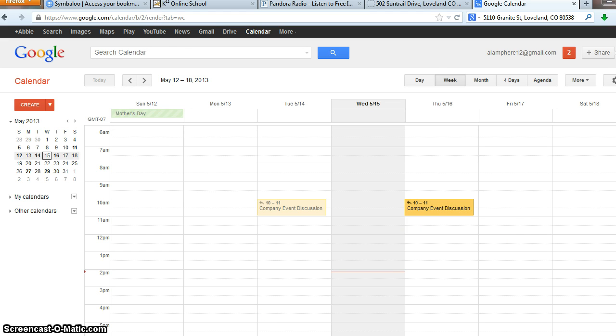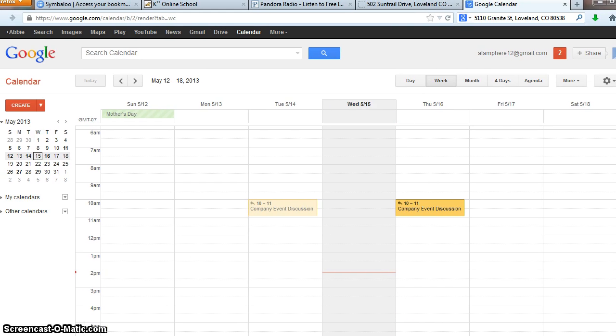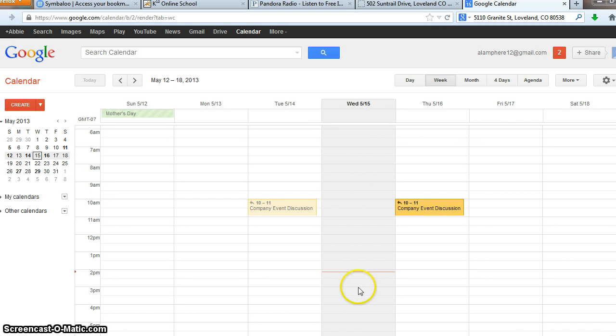So that's Google Calendar, and that is part of your assignment. We're in section 8. I think I misspoke and said section 7 earlier, but this is assignment 8S. So you'll be doing the Excel document in the first video. You're skipping over the database project, and you're creating an event in Google Calendar and inviting me. So that should be it for section 8. Let me know if